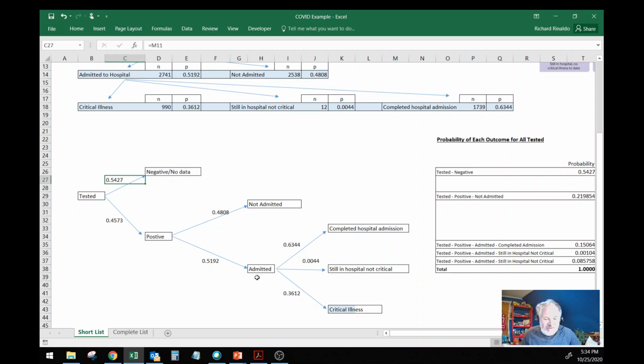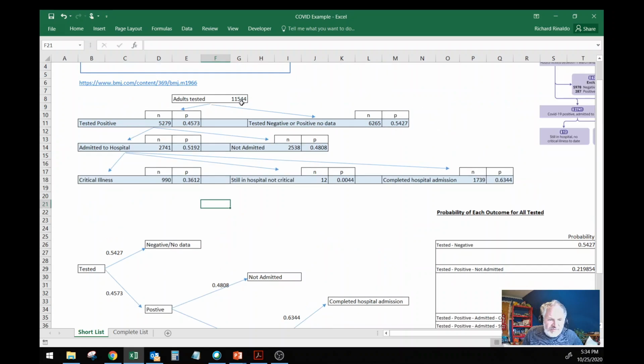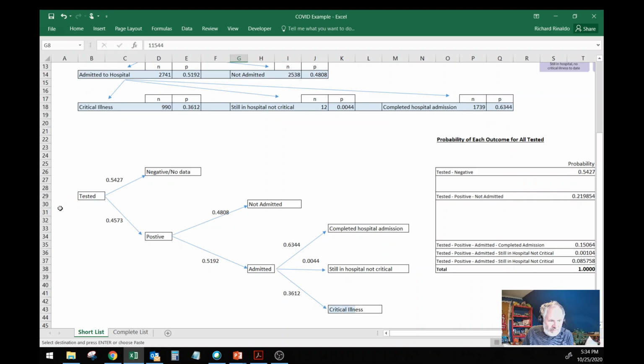Of those admitted, 63% completed the hospital admission, 0.4%, less than 1%, were still in hospital non-critical, and 36% were critically ill. And I can figure out, so what do I have? I have 11,000 people tested. I can figure out what's the